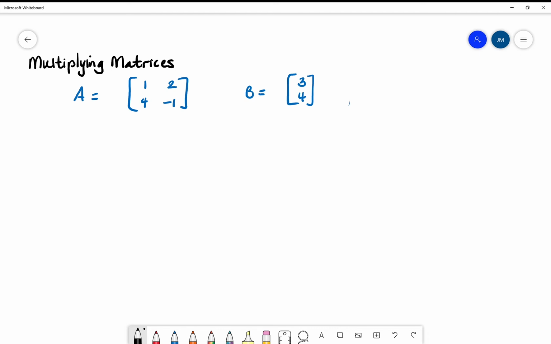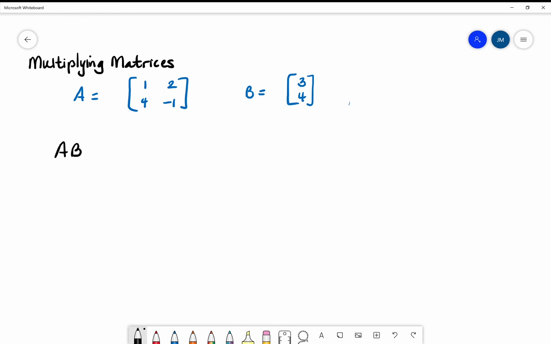Okay, so what we're going to do in this video is look at an example of multiplying matrices. And it is a little bit different than you might expect. It actually is a kind of special arrangement to multiply the matrices, for lack of a better word. So the thing to remember with multiplying matrices is, we're going to start with multiplying A times B,